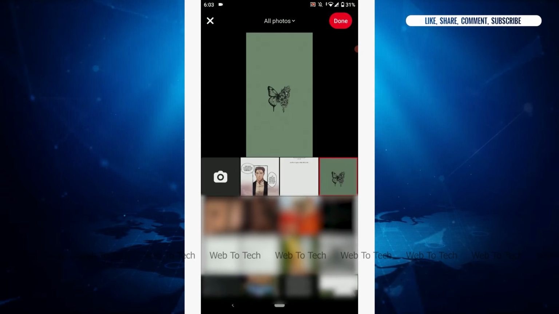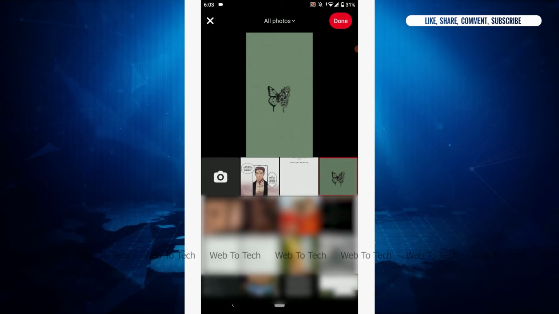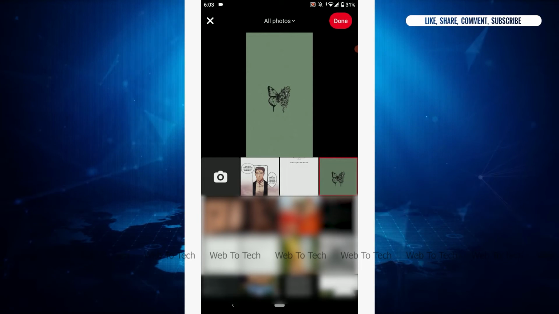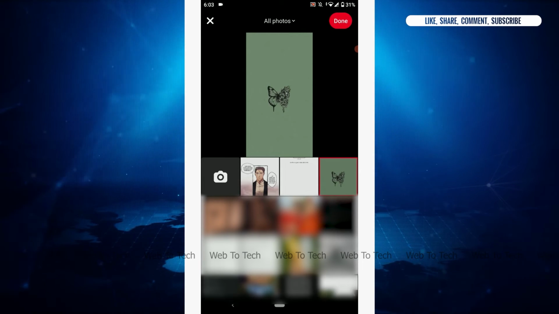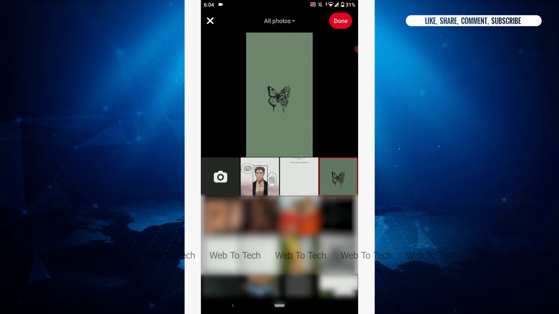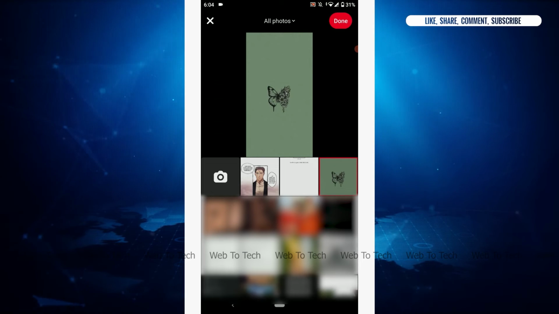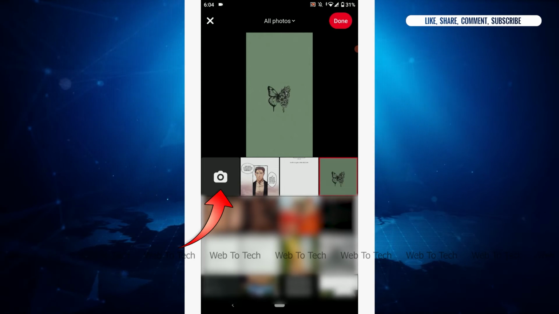You tap on it. So here you will need to add a new profile picture to delete the previous one. You cannot remove the profile picture option on Pinterest. You will have to update or upload a new one before you delete the previous one. So here you can just upload another picture to delete the previous one, or you can click on the camera